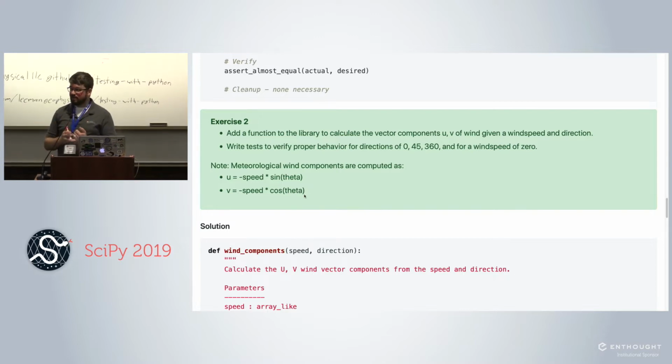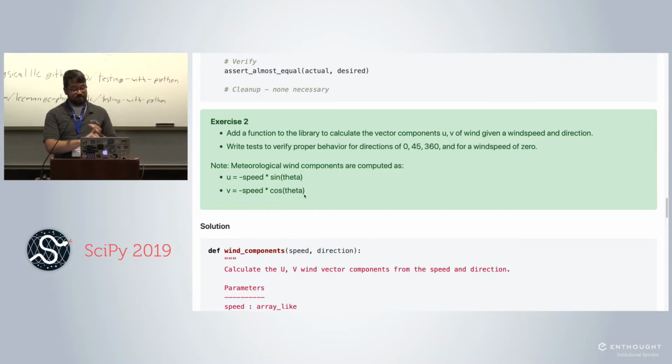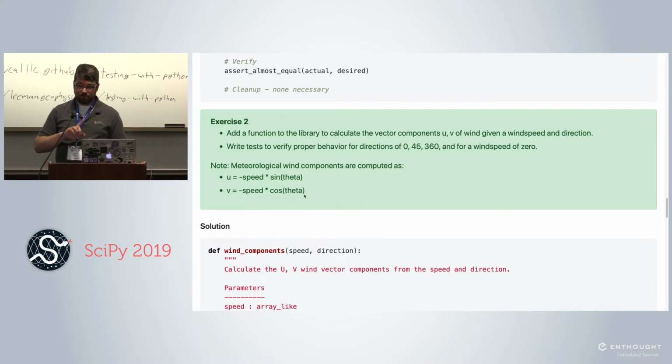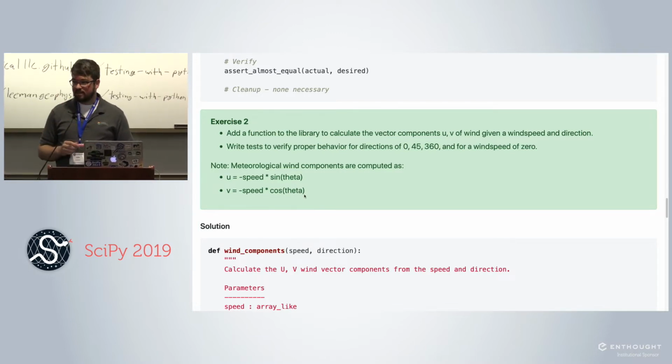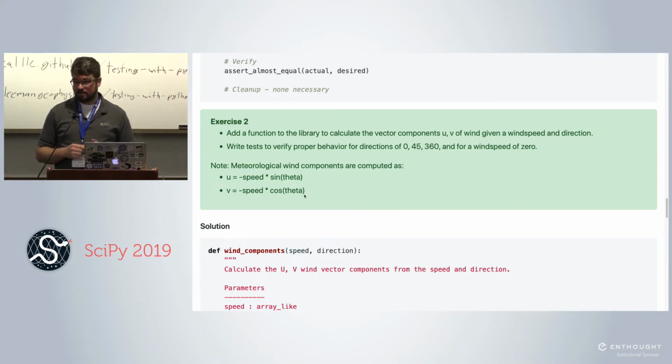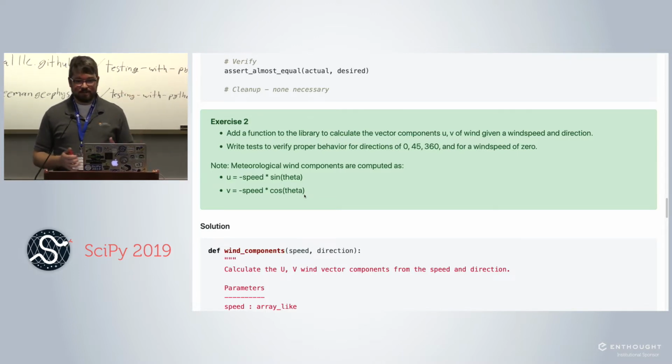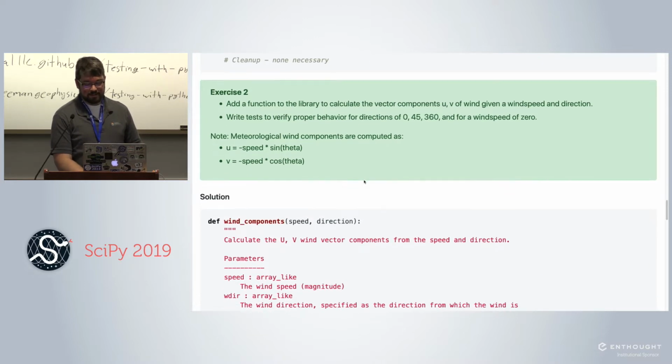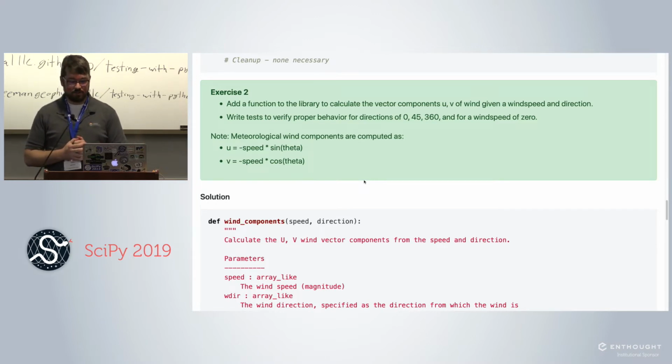So what we want you to do is write tests, write the function, and write the test to verify that you get the proper behavior at 0, 45, and 360 degree winds, and a wind speed of 0. You can do this trig on a calculator, or if you really trust your coding, you could just see what comes out and say that's the truth, but that's always dangerous. Or use some values that you can do in your head. Wind speeds of 1 and 45 degrees, some trig things should start coming back. So try writing that function and writing those tests. Sticky notes down until you have success or need us to come by and give you a hand.